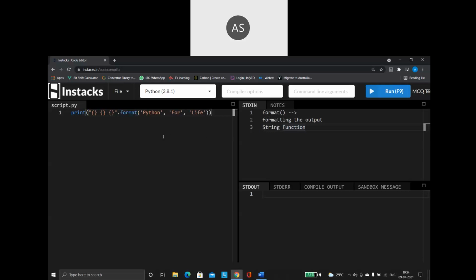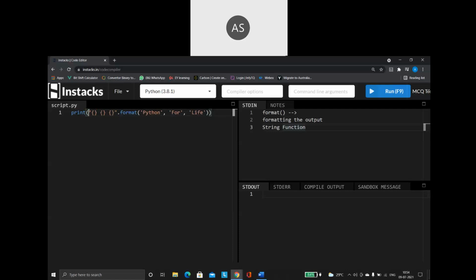Right. So now, the first way of using my format function. Way 1: whatever value you want to print, I will be making use of a pair of curly braces. So it always has to be a pair.